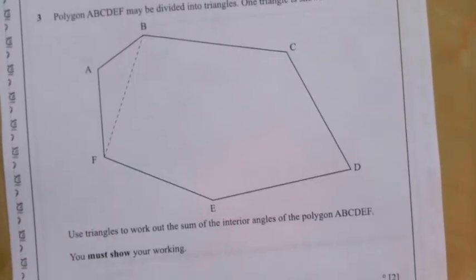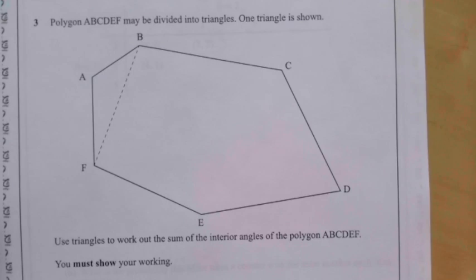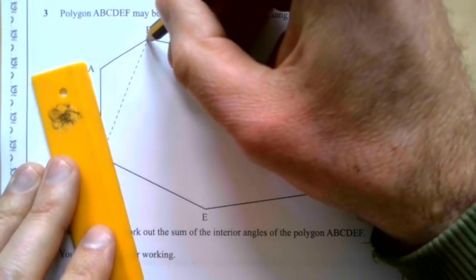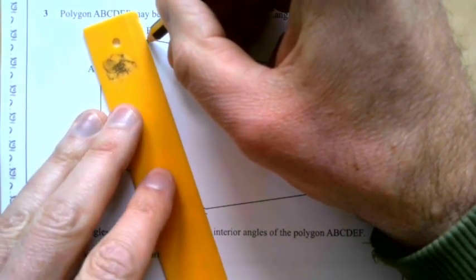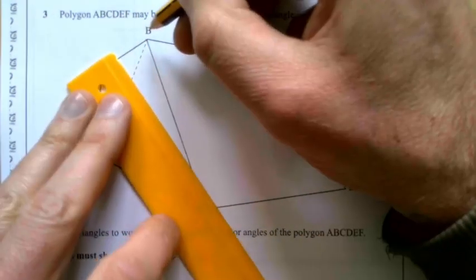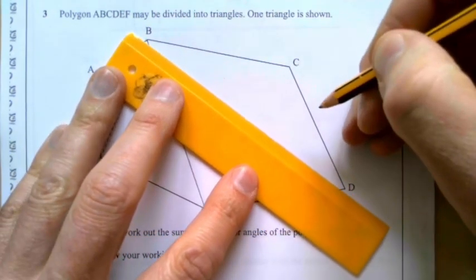Polygon A, B, C, D, E, F may be divided into triangles. One triangle is shown. Use triangles to work out the sum of the interior angles of the polygon A, B, C, D, E, F. You must show your working. So you can draw them really from anywhere, but if we go from there, that will make us a triangle. And if I go from B again there,